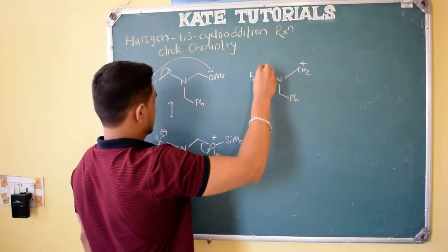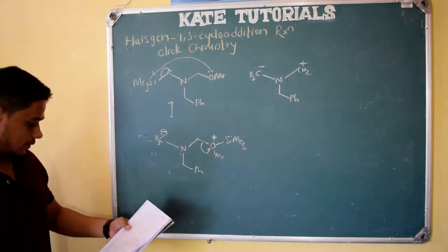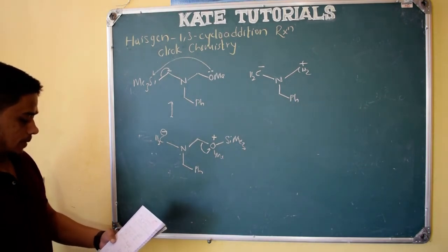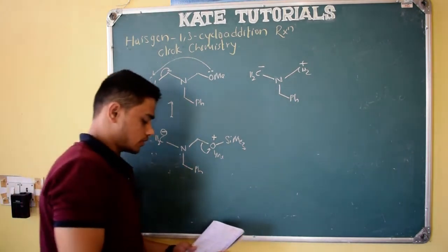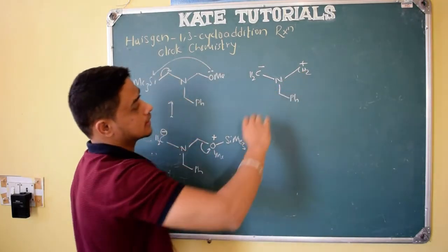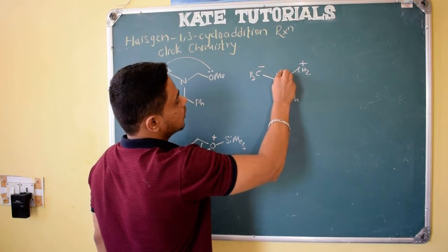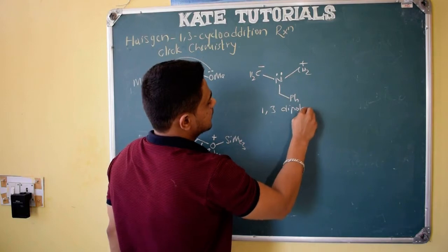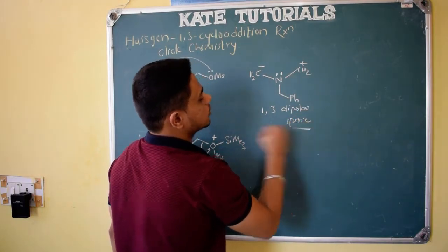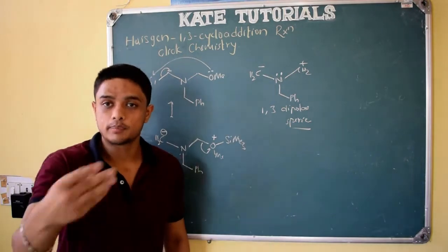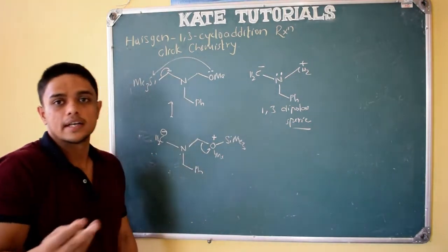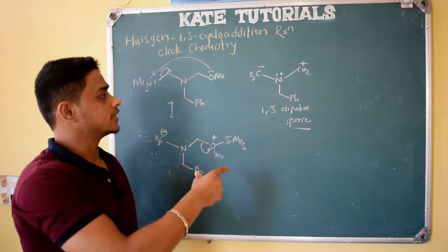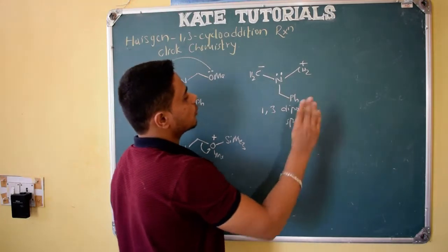So here 1, 2, 3, and here I think I have done something wrong. Yeah, one thing I left out. Okay, it's good. So this is the structure. So see here, 1, 2, it has a lone pair, and 3, 1, 2, 3. This is also called a 1,3 dipolar species or mesoionic compound, what I told, right? These are also examples of those mesoionic compounds. You can list them down as I keep going with the examples. You will get the reagent. You can just list it down: mesoionic compounds or 1,3 dipolar species.